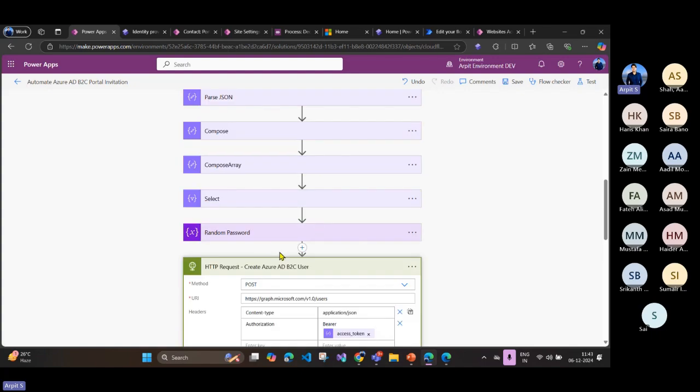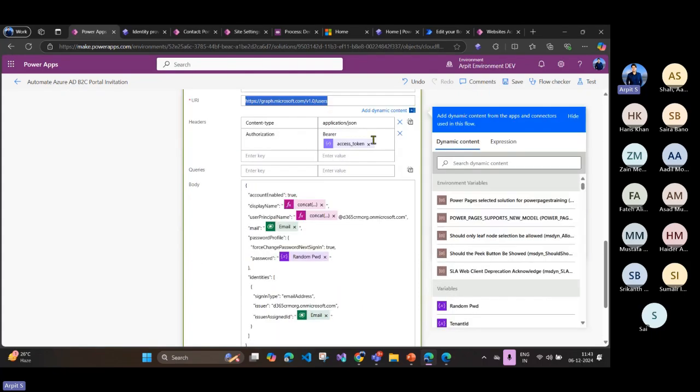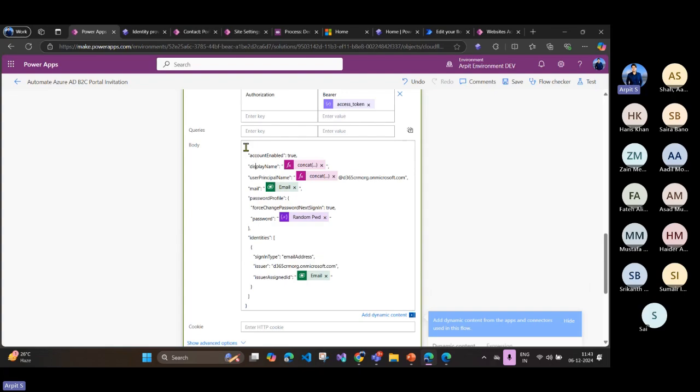Okay. And one more thing that I have done here is I have created a random password, because I'm going to create a user with some temporary password so that I can send it to the customer. The URL that I'm going to use, the Graph URL, is users. And then this is the header information. And then in the body,